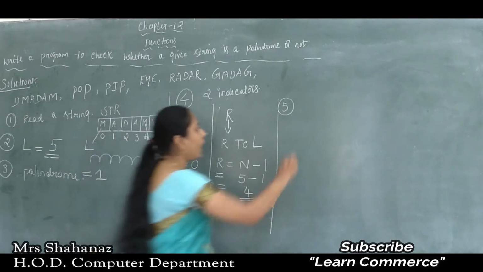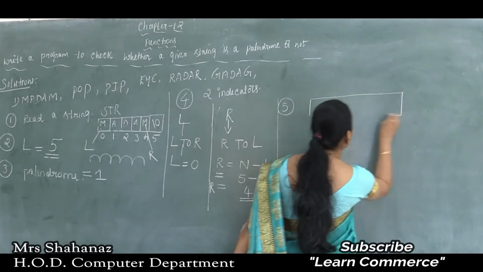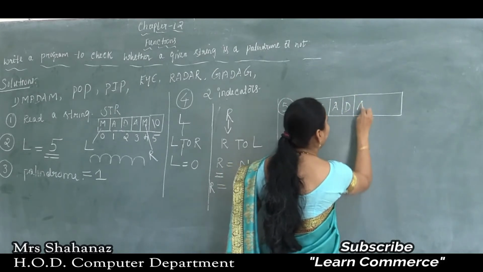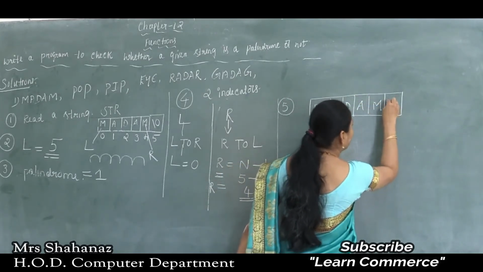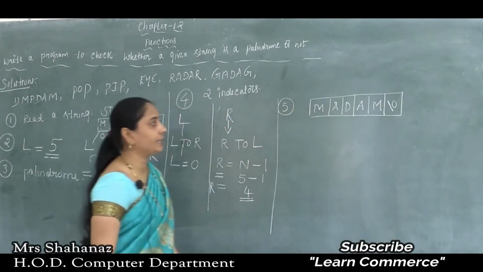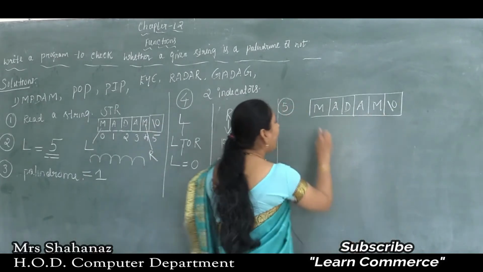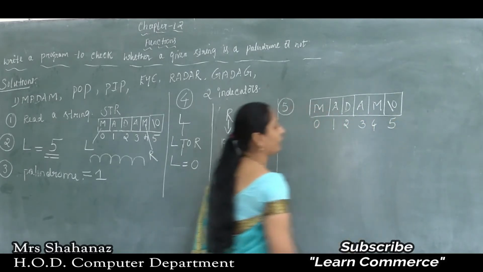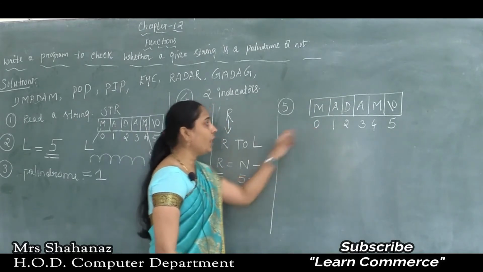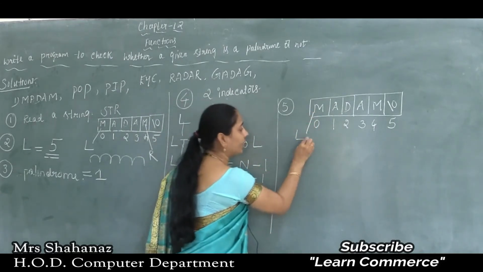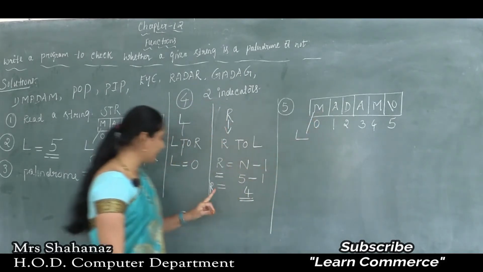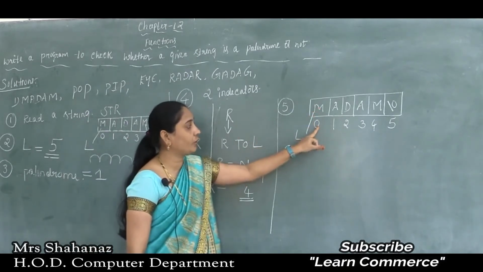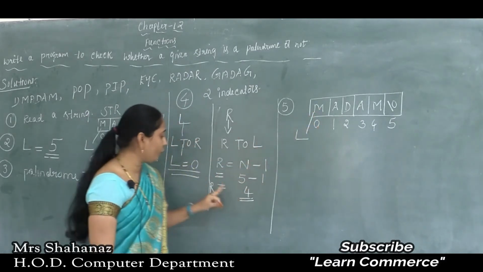And later next one, now in this structure again I need to draw this structure and I am using M, A, okay, D and A, and later next one M, as we know that this string is terminated by using the null character, correct, no? And the position values 0, 1, 2, 3 and 4, and this position value is 5 here. Now first of all, as we know, this is called as the left indicator. Okay, the left indicator is initialized to 0. So L value is equal to 0 here, and later what's the value of the R?